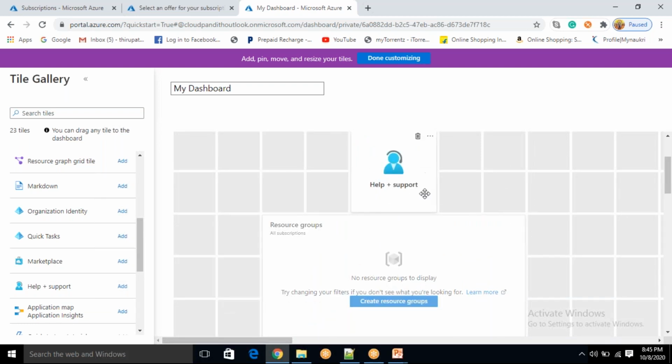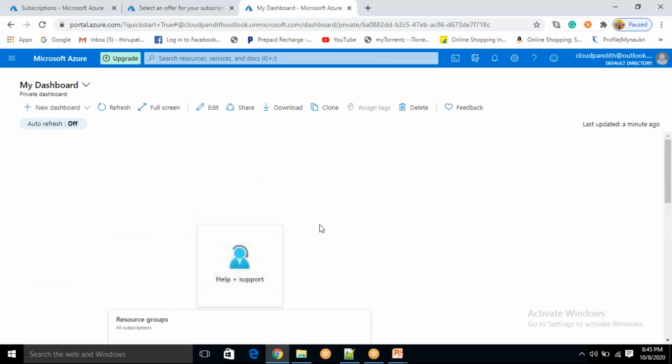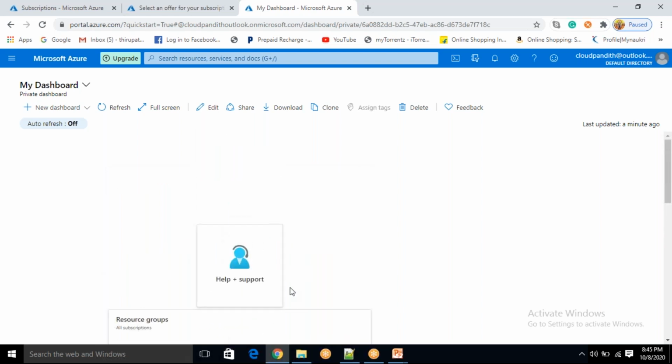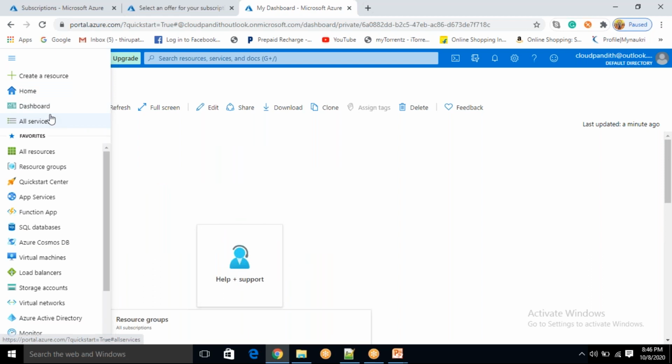All these services will be available in this dashboard. Once you are done, you can click on done customizing. Now you can see help plus support, and you can quickly click on these links. If you want to create a resource group, direct links are available, so from this you can create one. But I don't want to stay in this dashboard. I will go and see all the services which are available in my Azure.